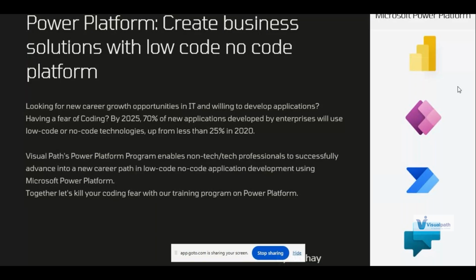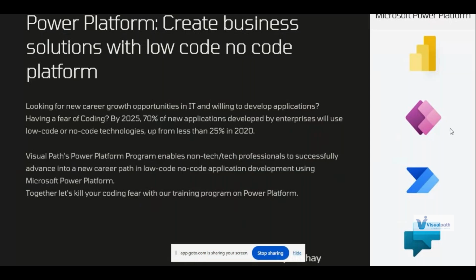We will start our demo session. So majorly, what is Power Platform and what are the components which we cover in this entire course, and we will make a small application in Power Apps in this demo session, so that you will know how we will create the application. So Power Platform is a low code and no code